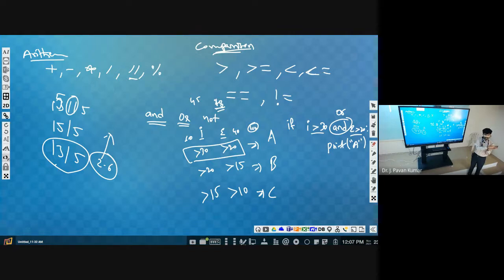Not only two conditions, two or more conditions we can connect by using the and operator. Even you can consider the same context: internal should be greater than 30 and external should be greater than 20, and total should be greater than 80, then only A grade can be given.